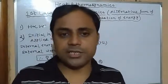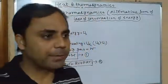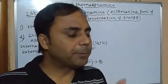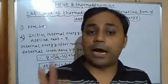But with a change in its temperature, a significant change in the internal energy has been observed. So that's why, in the case of a gas, its internal energy or heat energy depends purely on its temperature, neither on its volume nor on its pressure. But this is only applicable in the case of an ideal gas,